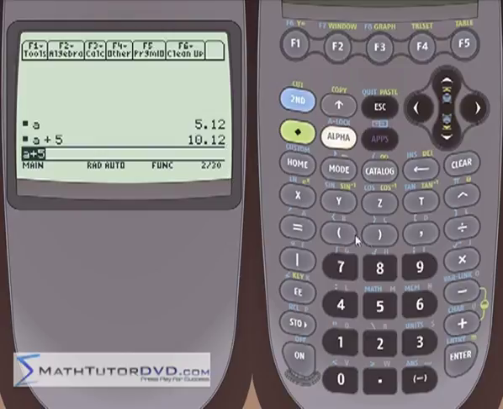If I'm going to do something more complicated, like let's say A minus 2 times A, and let's say I'm going to do something crazy and raise that to the second power, and then I hit enter, it's going to do all the math there, and I'm going to get a nice answer out of it. So it's not doing anything other